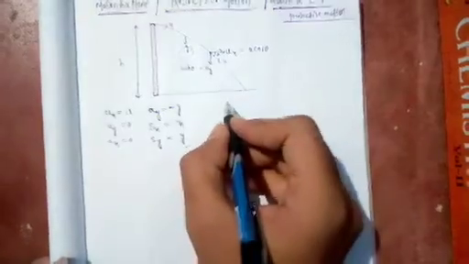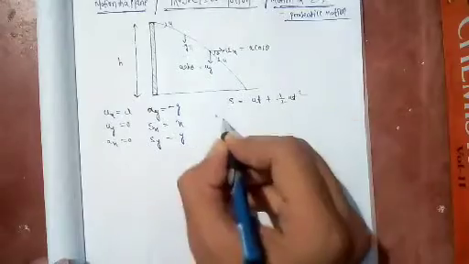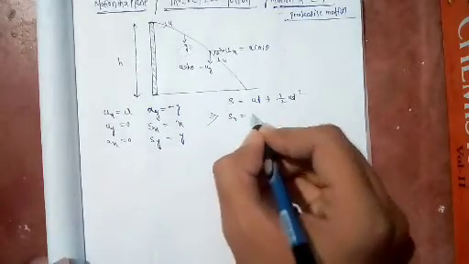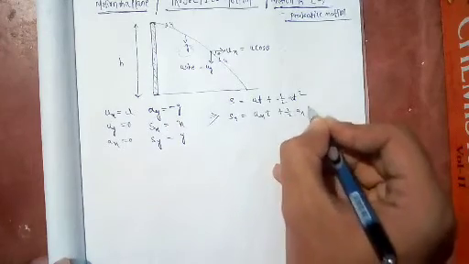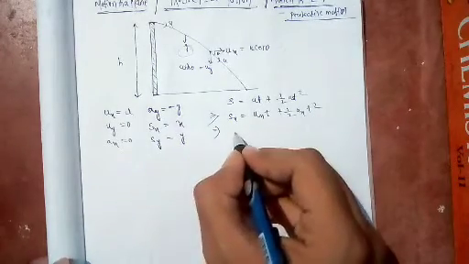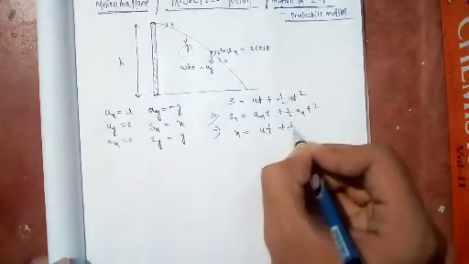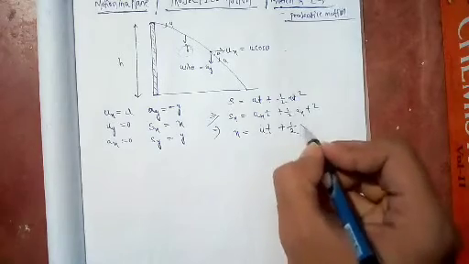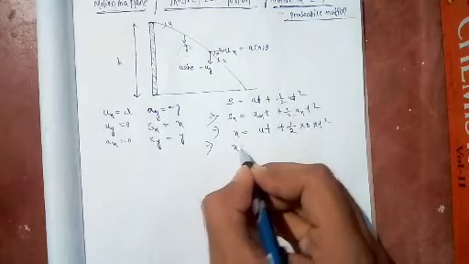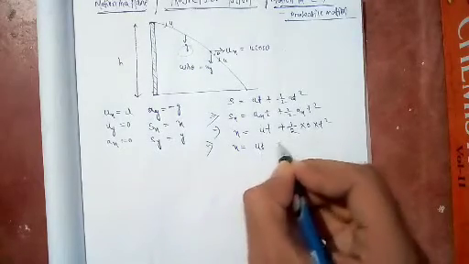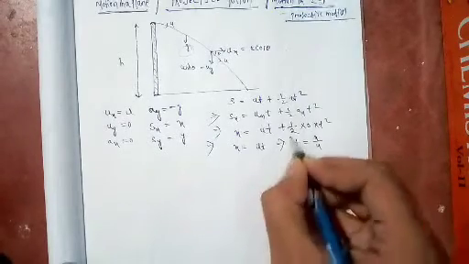then we know the formula s is equal to ut plus half at square, that implies sx is equal to uxt plus half axt square, where sx is equal to x, ux is equal to u, so u multiplied with t plus half into acceleration in the x direction, which is 0, into t square. That gives x is equal to ut, which implies t is equal to x upon u. Okay,